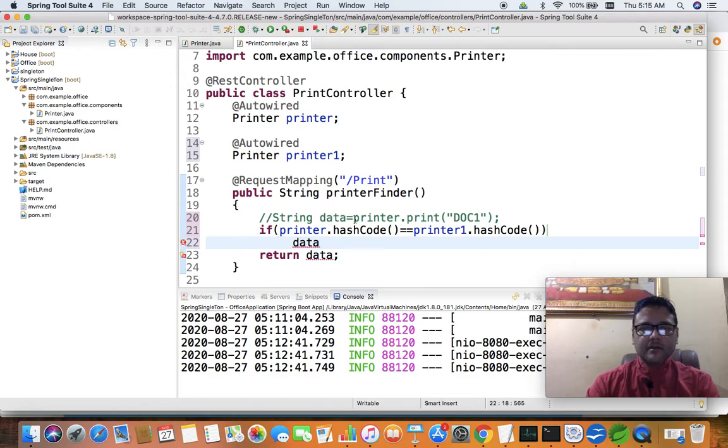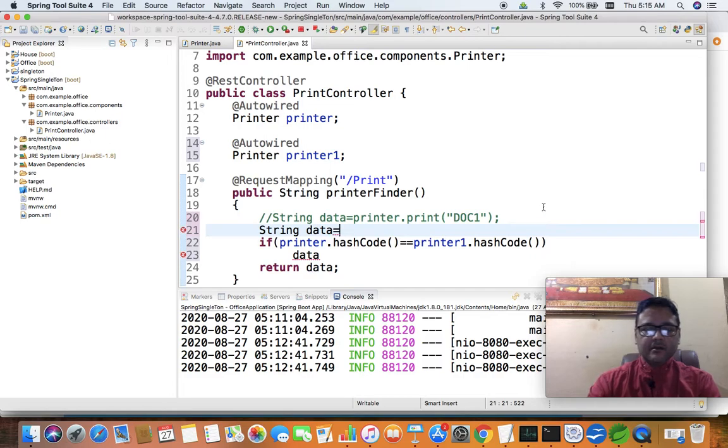Let me keep this string globally declared. It is going to be null initially.